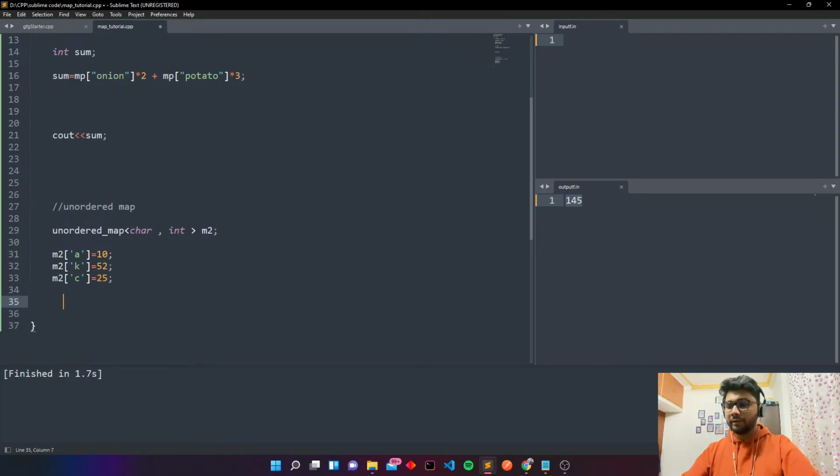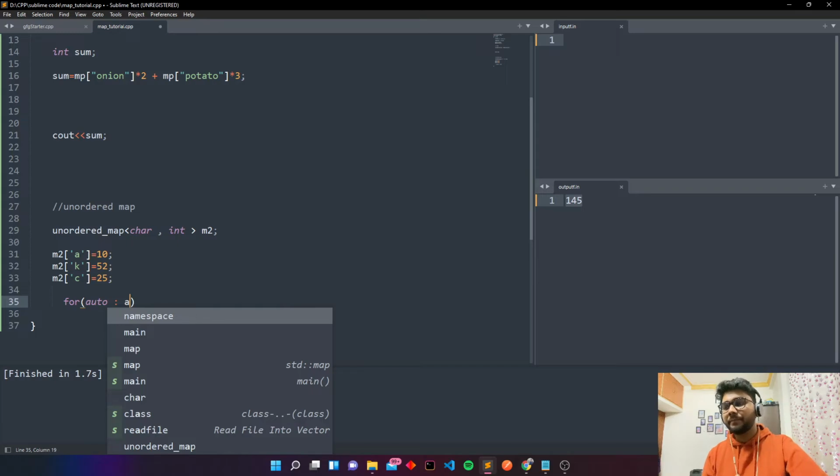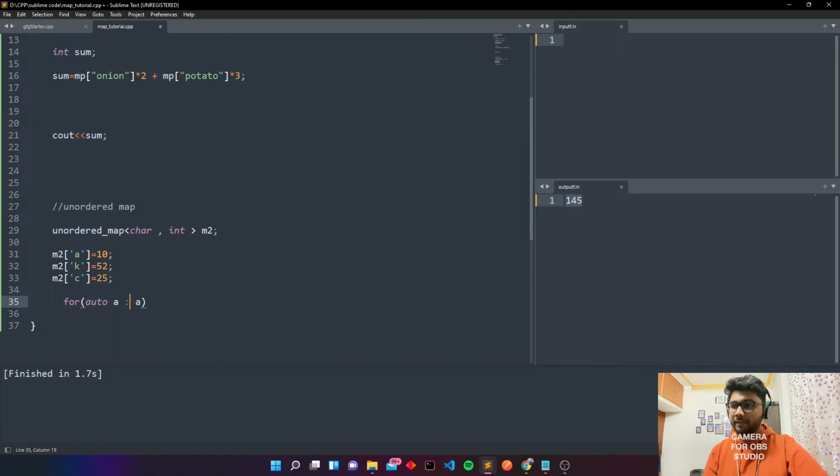Okay, so to iterate the map in C++14 you can use the auto data type. While we use auto, it will automatically set its data type. So here we have written auto a in m2.